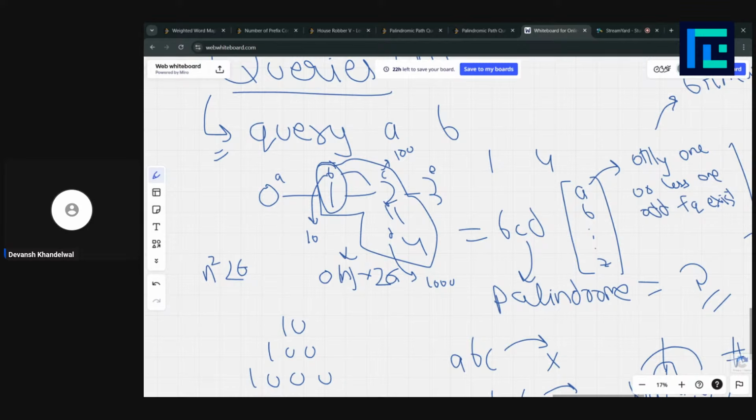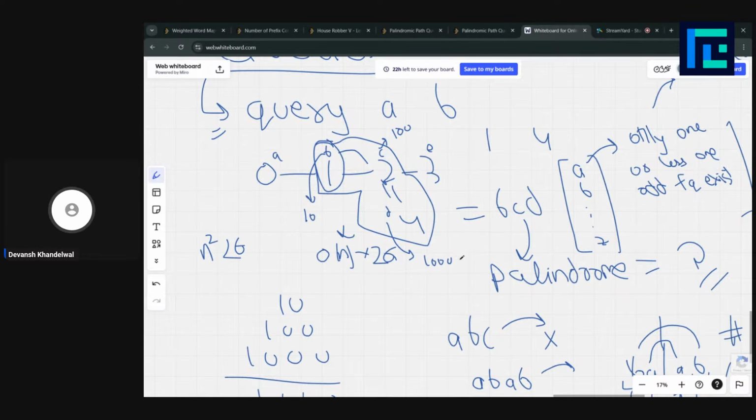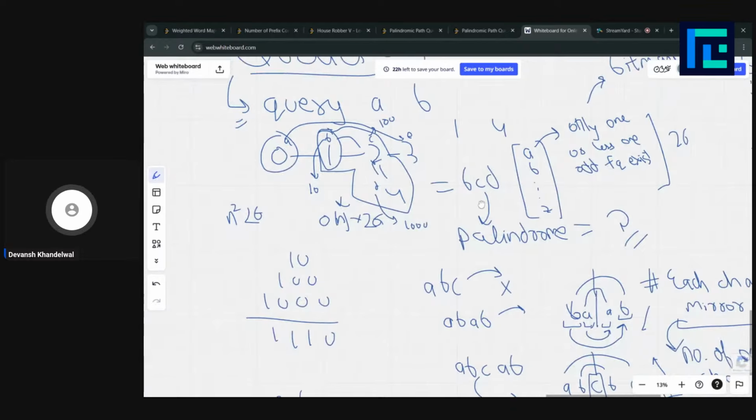What's its need? If we got all the characters, we could basically check their frequency right away, but I think it's always going to be a lot of time taking, because we would require each character again. And we don't know the size of the path every time, but we could easily calculate the XOR. Let's assume this is our root. We could easily calculate XOR from root to the ith index, and using this property, we could easily calculate the XOR of any path.